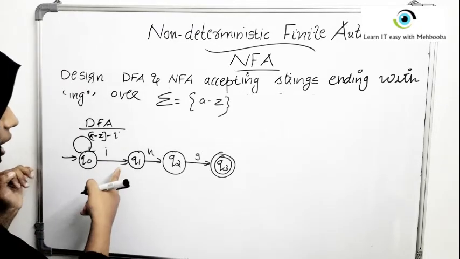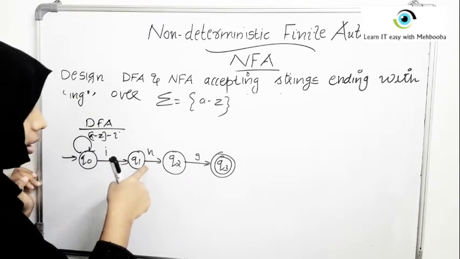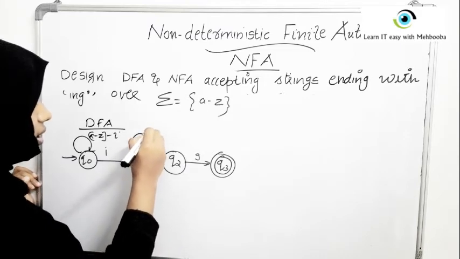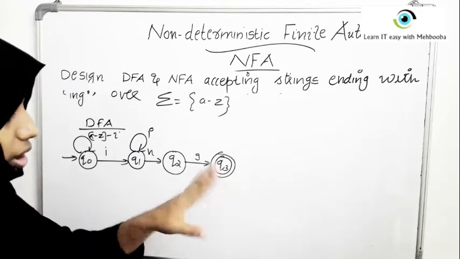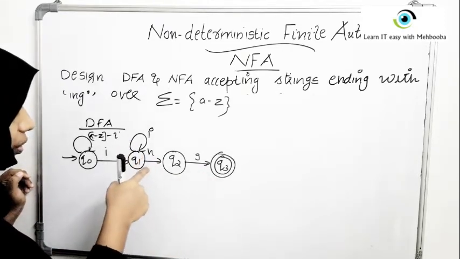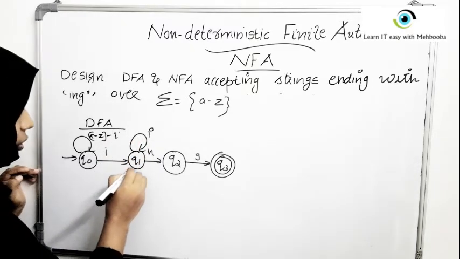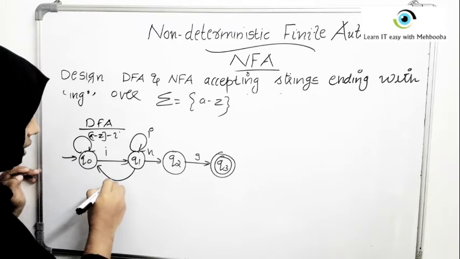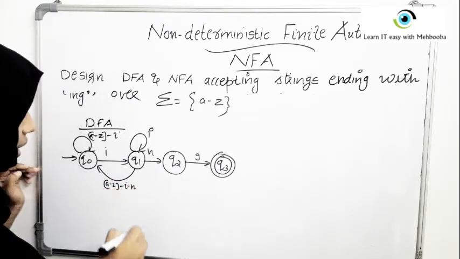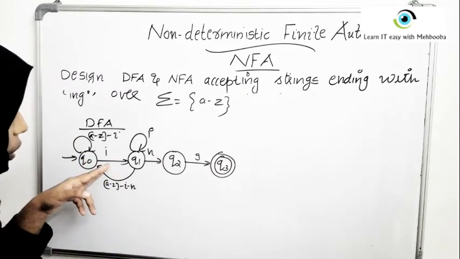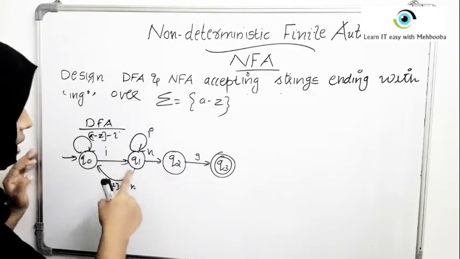Now if you are expecting an N here, but if you are getting an I here, you can still stay here expecting an N and proceeding to get a G and reach the final state. Now if you're not getting N, if you're not getting I, something other than this, you should come back to this point, waiting for an I followed by an N followed by a G. Okay, so this is it.